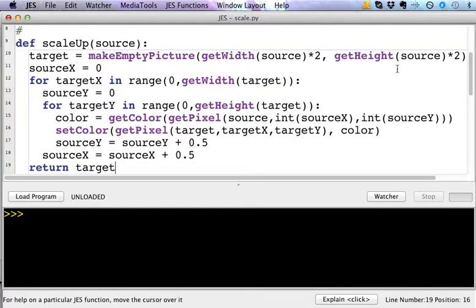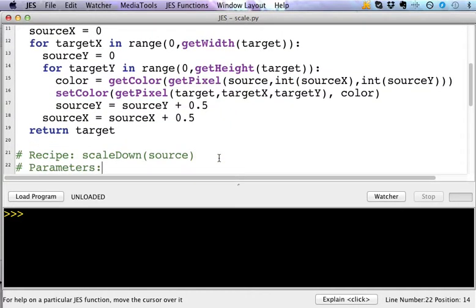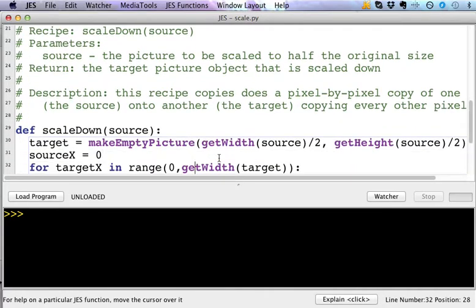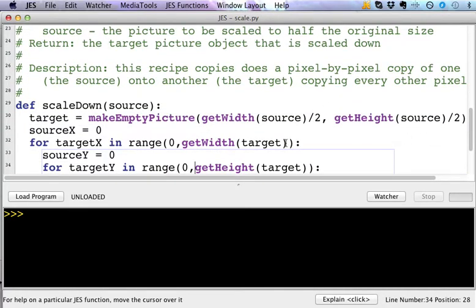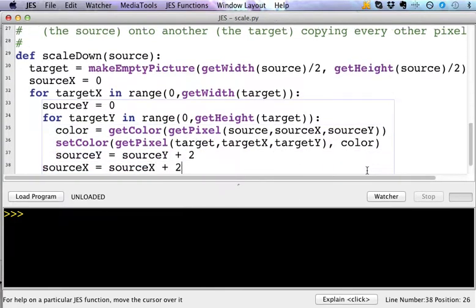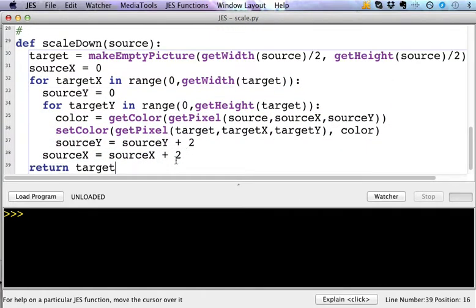slides. It creates a source that's twice as big as the original, and then it uses this technique of incrementing by 0.5, but converting that value to an int when we get the color from the source. So that's how we're copying every pixel twice. And then we have the scale down, which creates an empty picture that is half as big as the original and increments the source X and source Y by 2, so that we're copying every other pixel in the original